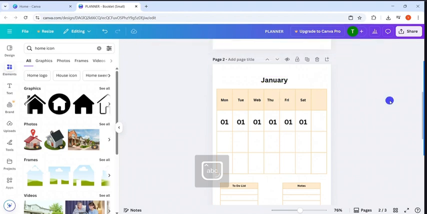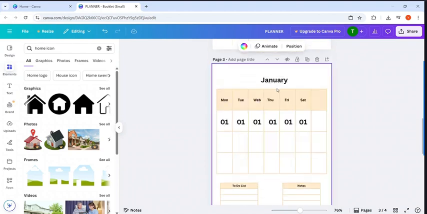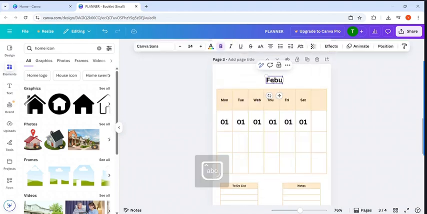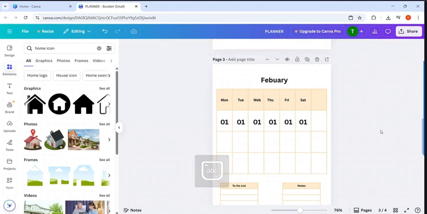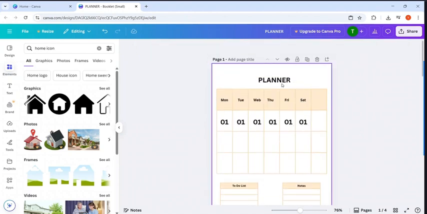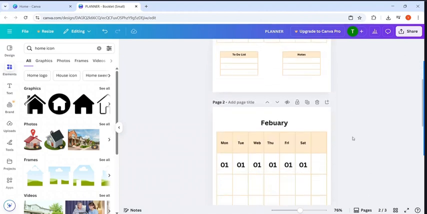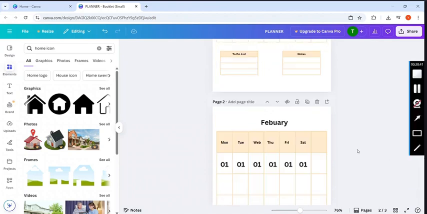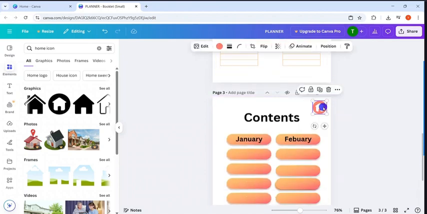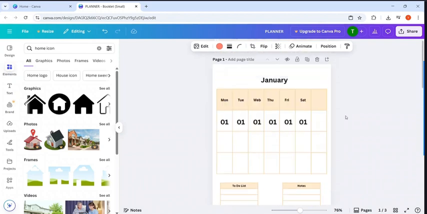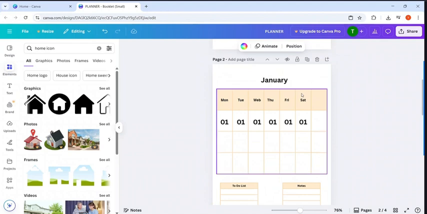And I'm going to add a text to it, and I'm adding a text that is January, and I'm just copying it and pasting over here, and I'm using February. So like this we can just create the information. And I'm just going to add one image over here,